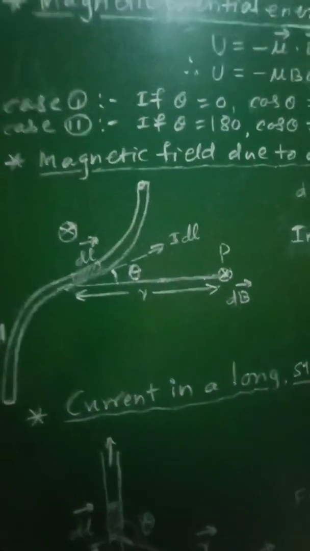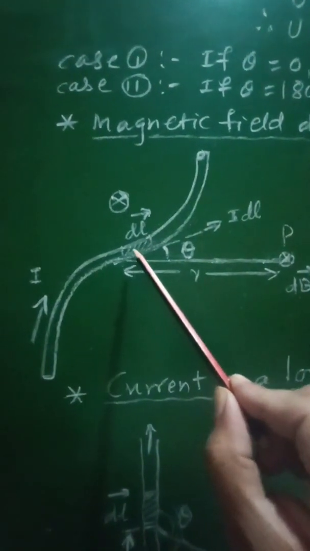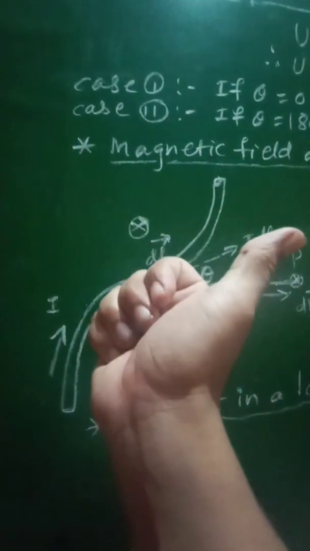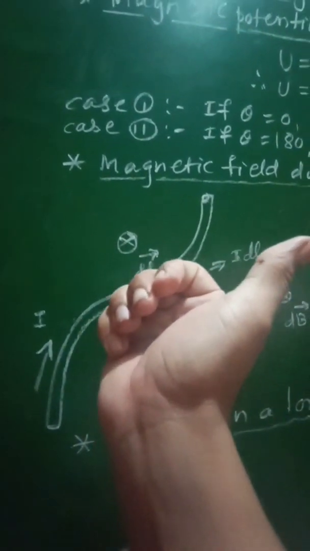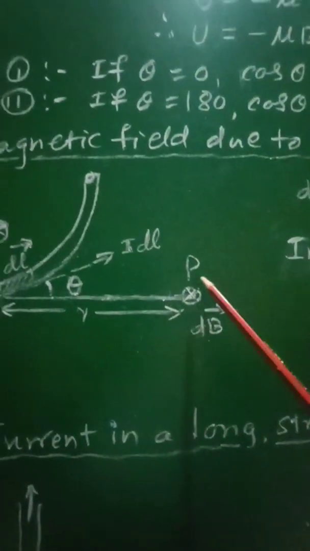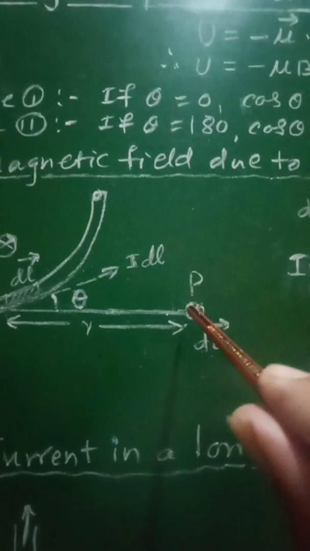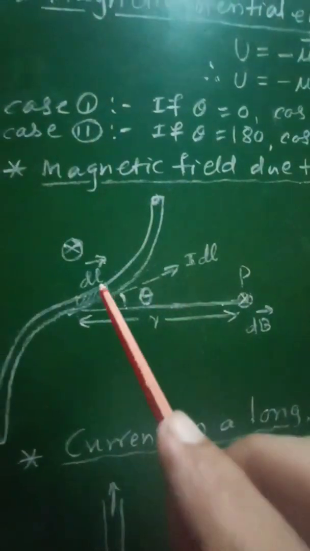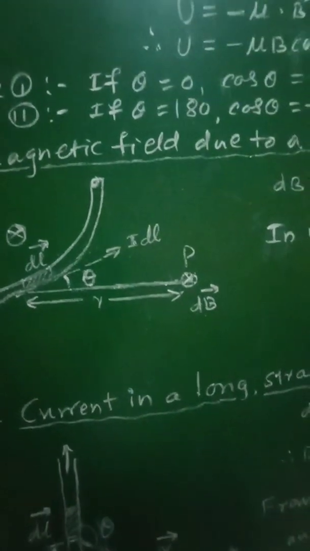Now dB will represent the magnetic field at that point P due to this current element of length dl. Its direction will be given by right hand rule. By applying right hand rule, if the thumb is indicating direction of current, then the curl fingers will represent the direction of magnetic field, that is at this point P, the dB is the magnitude of magnetic induction and its direction will be perpendicular to the plane of the board and directed inside the board, that is directed inwards, and therefore this dB at point P is perpendicular to the plane of the board and directed inwards.